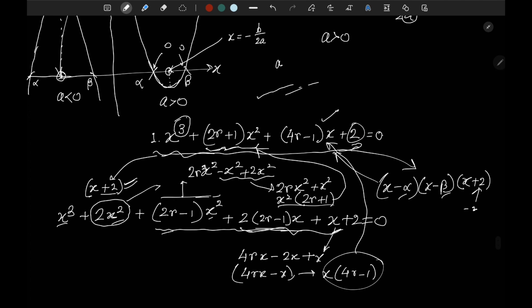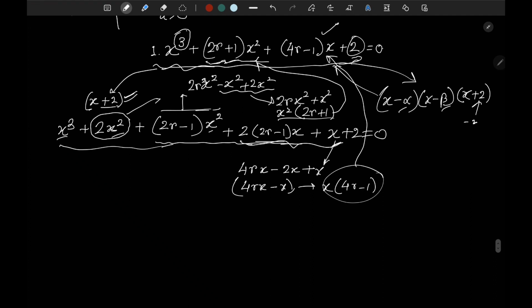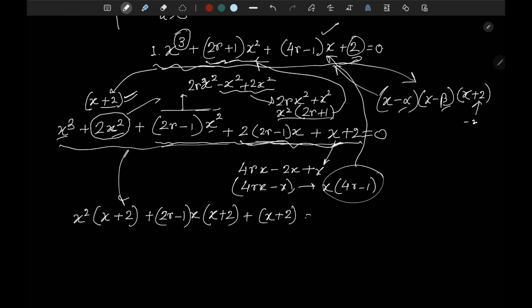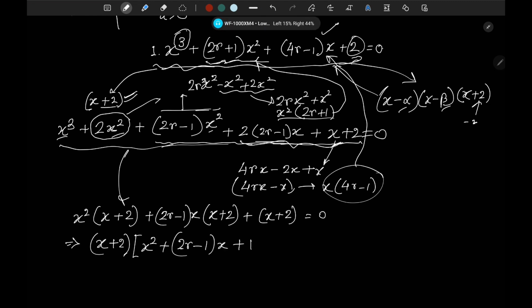So this is your 0. Okay, now start taking x plus 2 common from this whole thing. It will give you x square goes common from here. This is your x plus 2. Then you will have 2r minus 1 into x common, and that will give you x plus 2. Next you will have already x plus 2, right? This is 0. So you have what? x plus 2 goes common from all the three parts. This is x square plus (2r minus 1) into x plus 1,